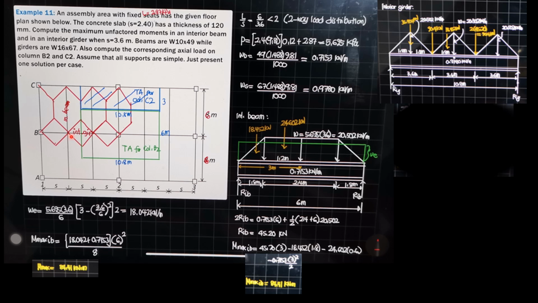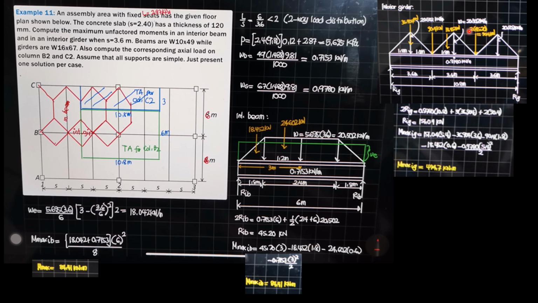So we have this loading, 3 triangular loadings with intensity 20.502 kilonewton per meter. Then plus 2 times 45.2, so 90.4 kilonewtons. 90.4 kilonewtons, also 90.4 at the center. This is 90.4, 90.4. At the ends, they are not included